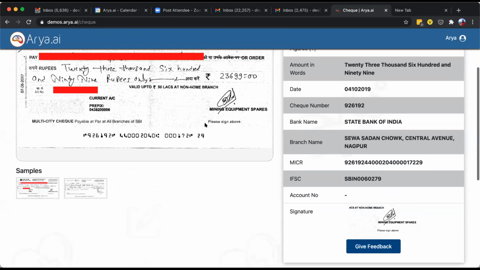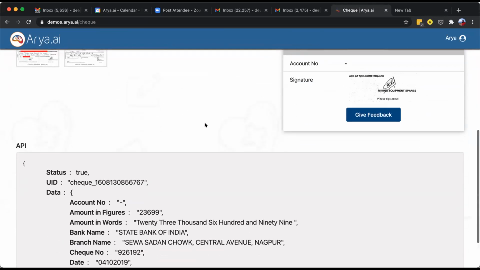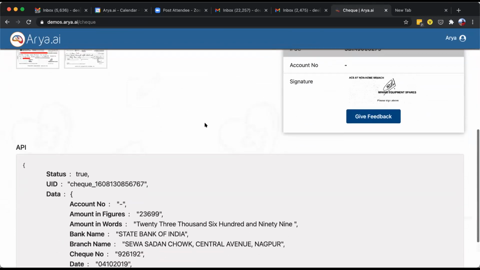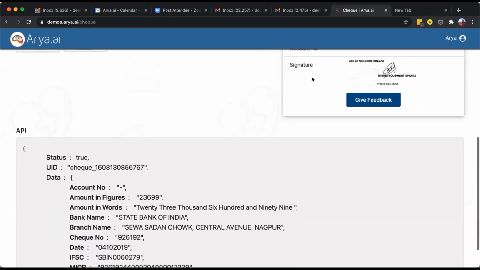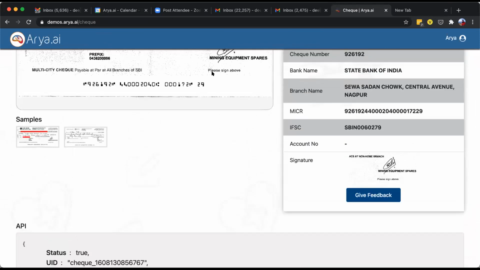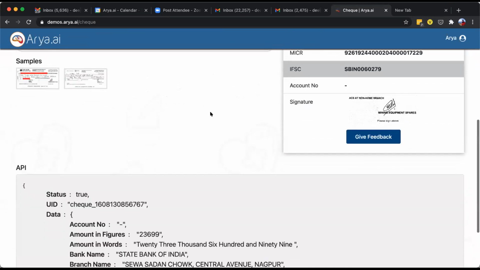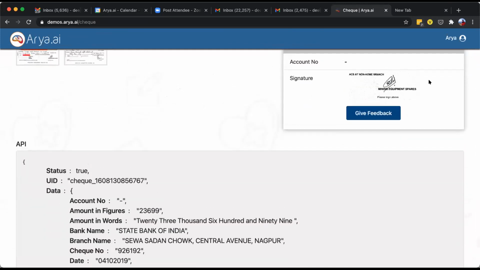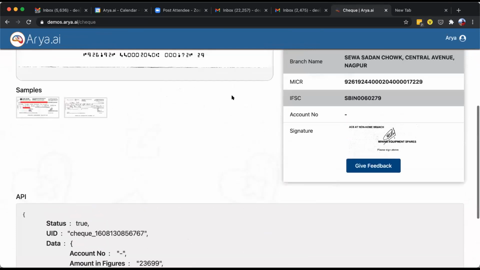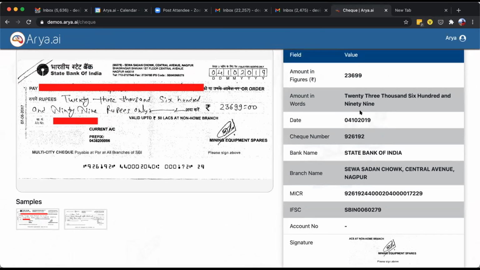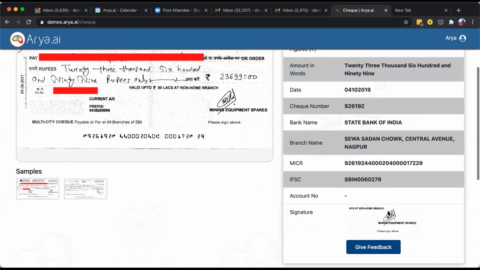For the signature, as we don't have access to any API to the core banking account system, we just display the signature here, which is extracted from this particular ROI and put on the right side. Once we have connectivity to the core banking system, this snippet is what we send to the AI model, along with the other snippet which we take from the core banking system. One good thing we have also added is signature authentication.